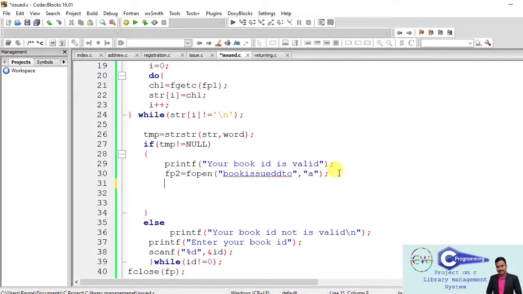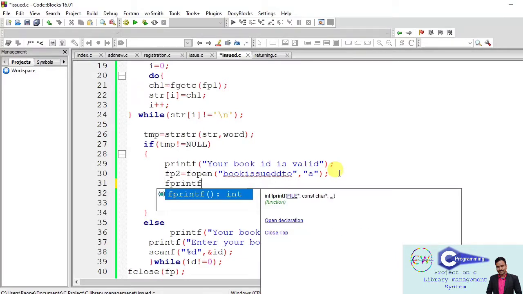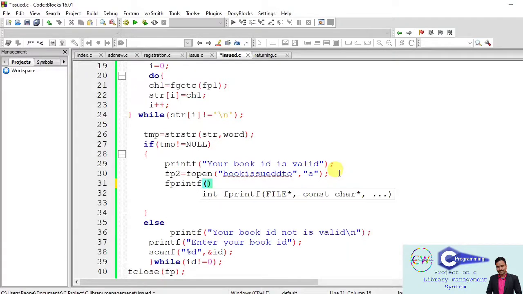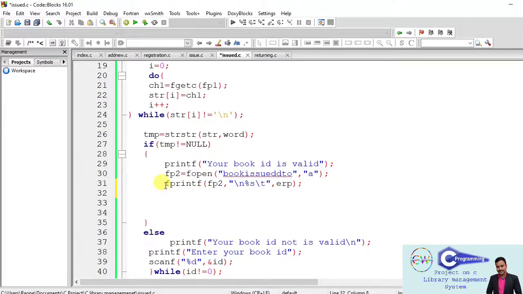Here we are using one more thing: we can check whether our file is open or not by using if fp2 not equal to NULL. So let's printf the value to fp2, and from the next line, we use backslash n and %s to store a string type value, then a tab, and the value of erp. The data which is stored in erp will be printed